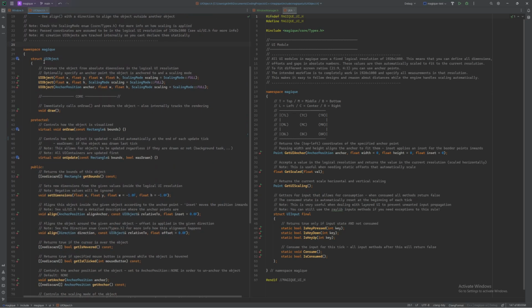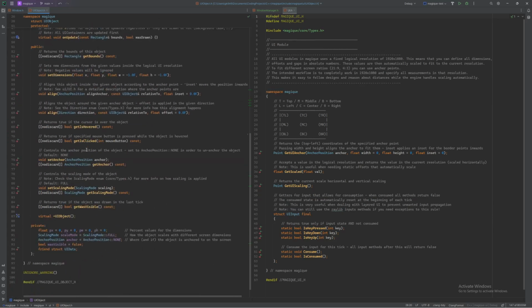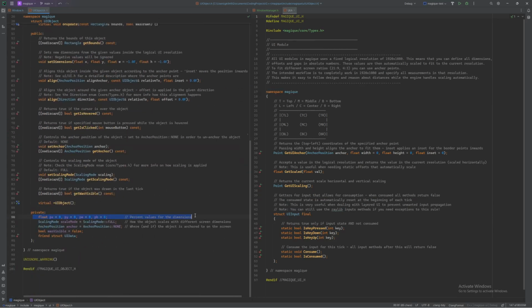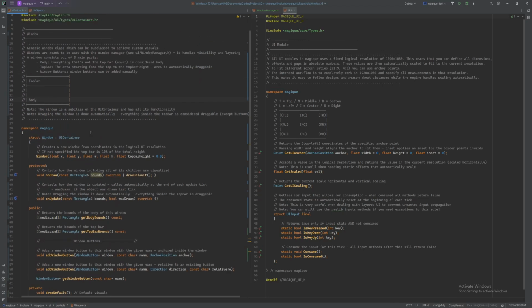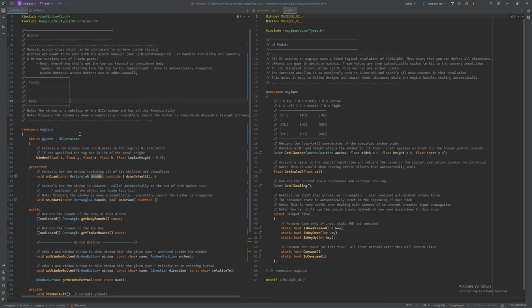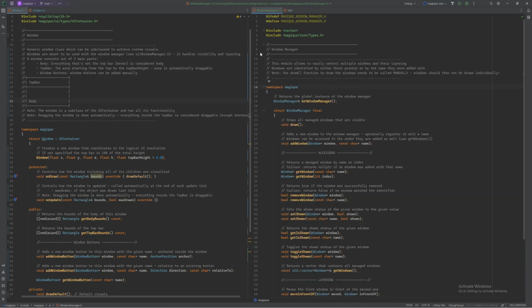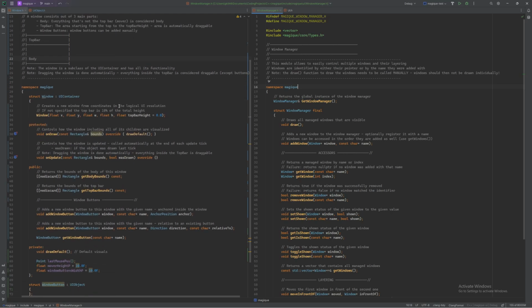For now, you just have a basic UI object that has dimensions which are saved as percentages, so you can scale to different dimensions. And what we're doing right now is just the window class and the window manager, which will also be the title of this video, Window Manager 1. One of the reasons why I did so many iterations, and why I am somewhat confident that this is the last, is that